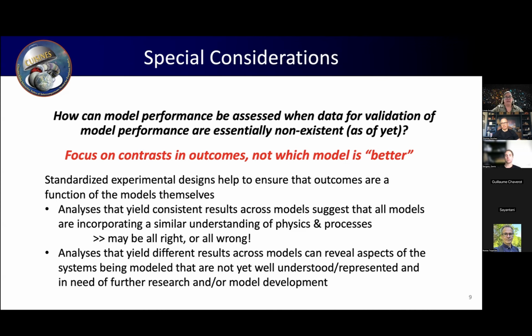And that is intended in part to help individual modeling groups think about, well, is there some part of my model that might be enhanced by doing things a different way? Or if my model gets something very different, why is it getting something very different? And is this something that we need to think about in terms of future code modification or adjustment?